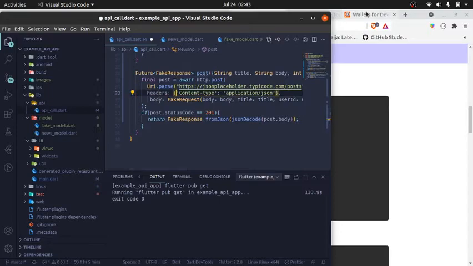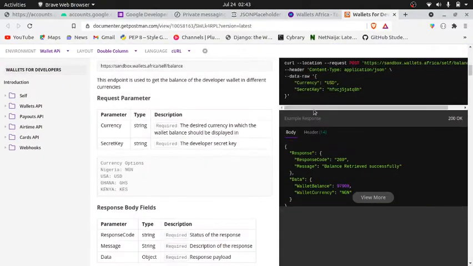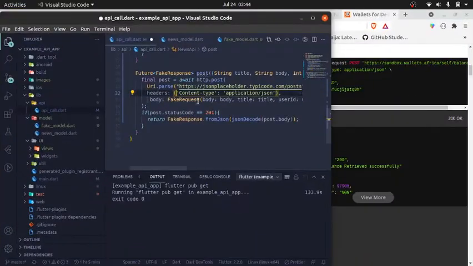So this is what it looks like. If you notice, this is Wallet Africa's API, and you have content type application. In some cases you might have something like an authorization bearer token, and if you have things like that too, you also pass in the arguments the way it is written. So in that case, if it is an authorization bearer token, you put your comma here, then you do authorization,